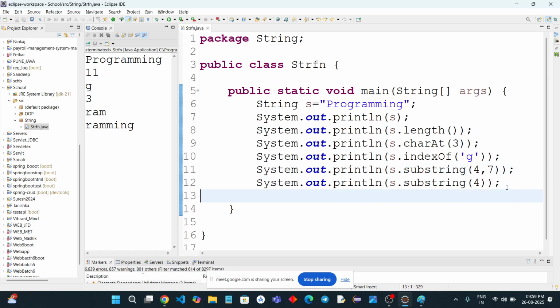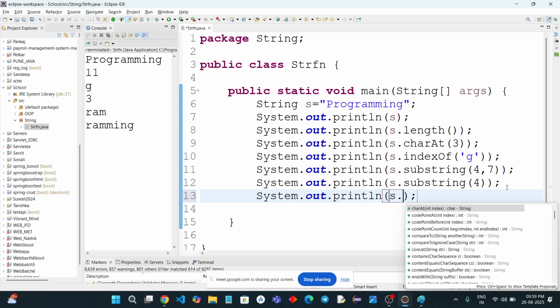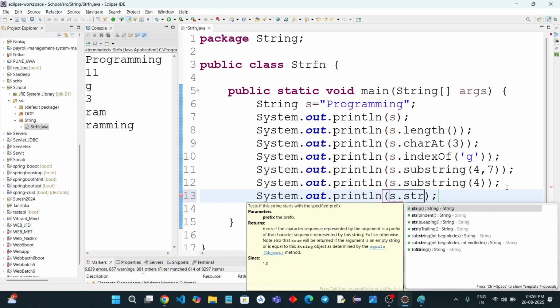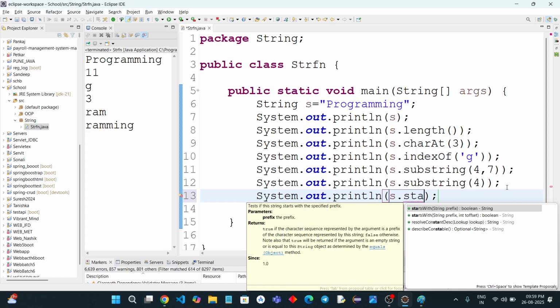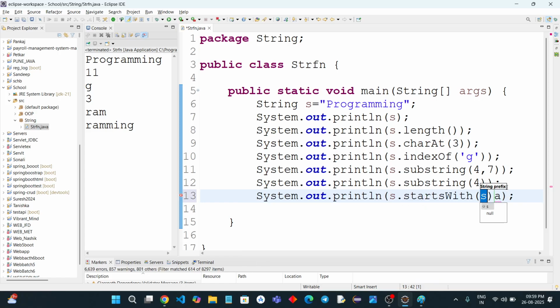Fine. So now let's see more functions. Single line functions, nothing complicated. We just need to understand. There is a function called startsWith. If I mention startsWith with a small p,